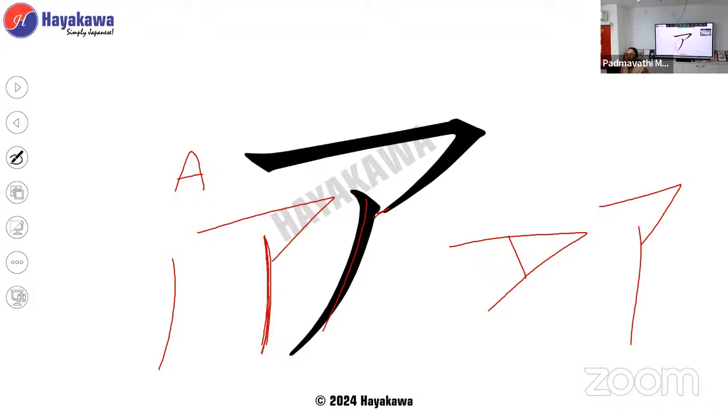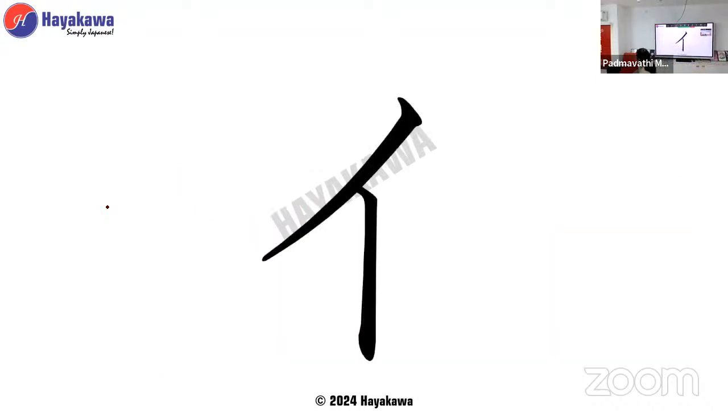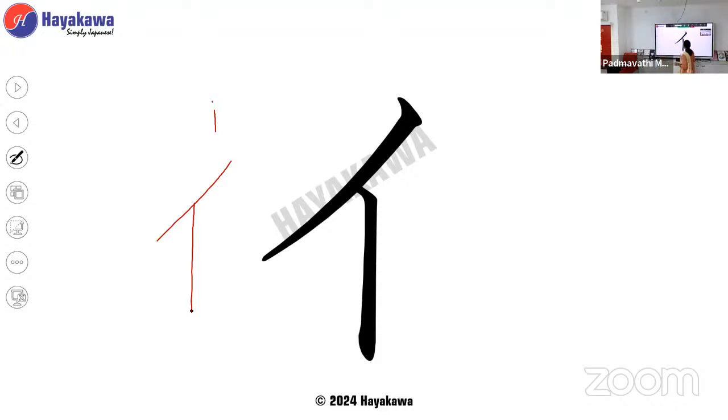Yes? If you have your handwriting book, you can practice it in that. Next, it is going to be I. 1 and 2. Here you have this bend, but you need not worry, it is a font style. You can put a straight line. That is going to be I.